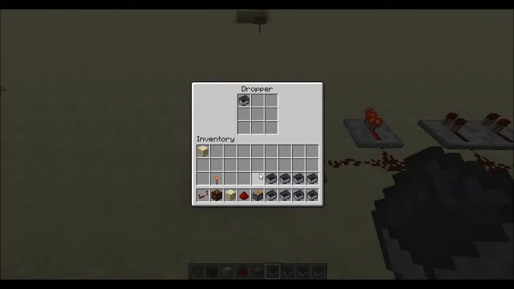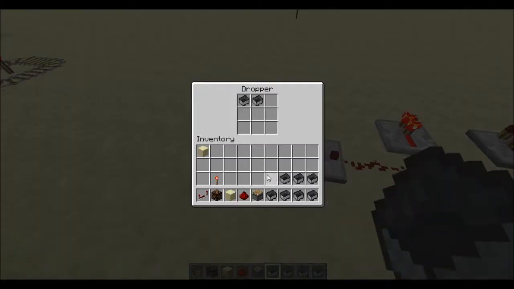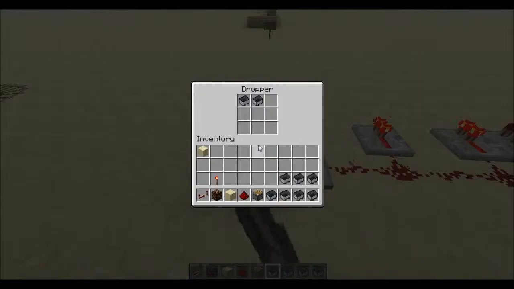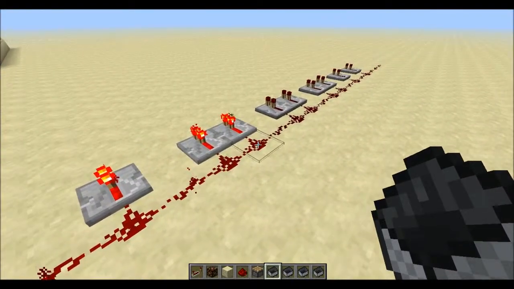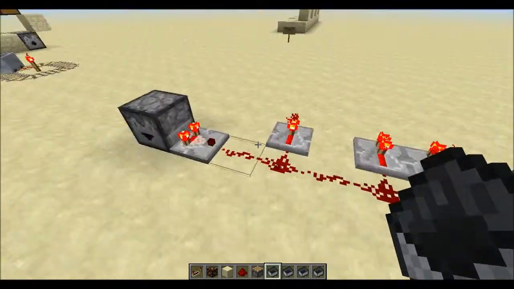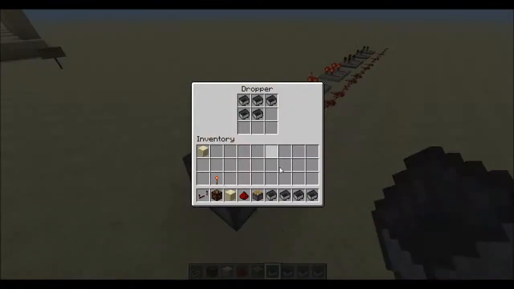If I put one item in, it powers 2 redstone blocks away. If I put another one in, it powers another 2 redstone blocks away. If I put another one in, for some reason it only powers 1 away, and I'm not sure why it does this as opposed to powering another 2 away. But what you can do is you can just keep throwing items in here, and you can see the repeaters